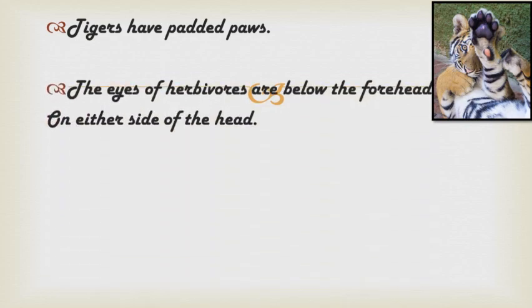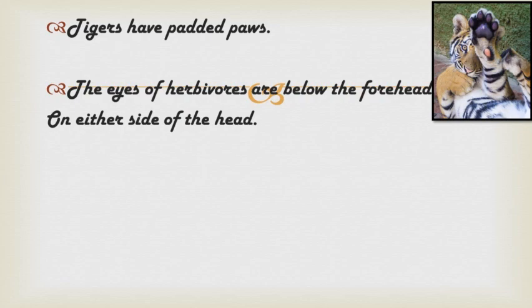And the eyes of predatory carnivores are located in front of their head. You can observe the tiger. The eyes are located in front of the head, and it helps them to spot their prey from a long distance. Now students, here we have one term, that is prey. Prey means the animal which is hunted, and what is a predator? Tiger, fox, and lion, these are the predators. That means they hunt other animals and use them for food.